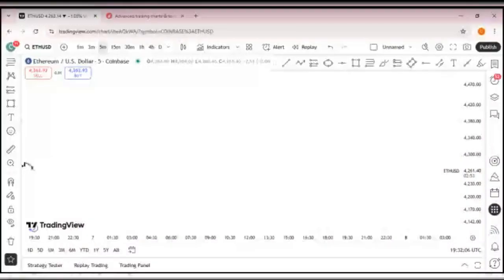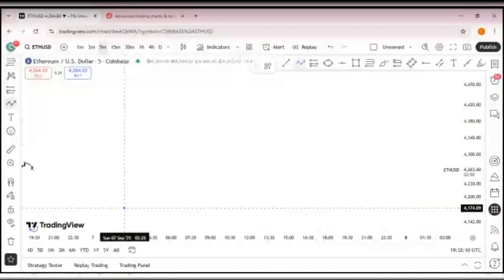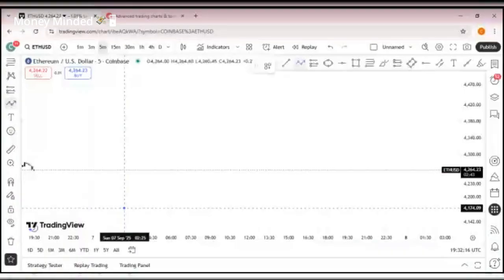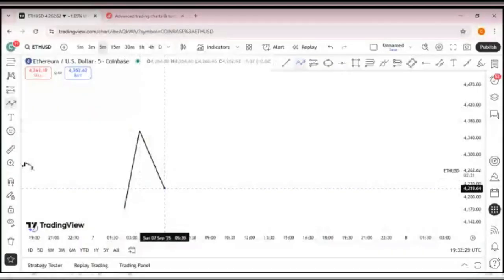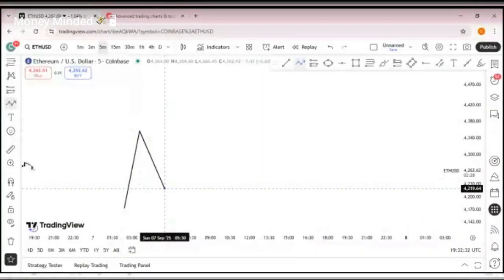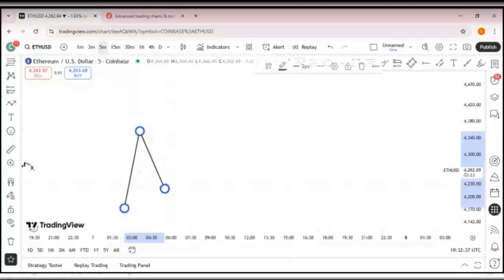The OBC now, for the breaker block, we needed, for the OBR, we needed 3 criteria: the breaker structure, the structure liquidity, and the market structure shift. For the OBC, you need only 2 criteria. You need a break of structure to the upside or to the downside. You get it, because it is OBC, known as order block continuation. You are just following the trend. You need a break of structure to the upside,